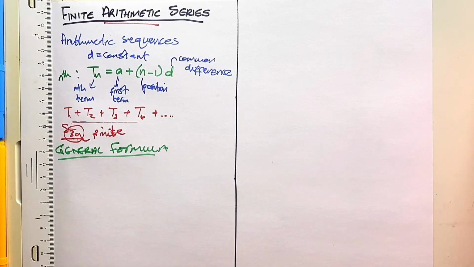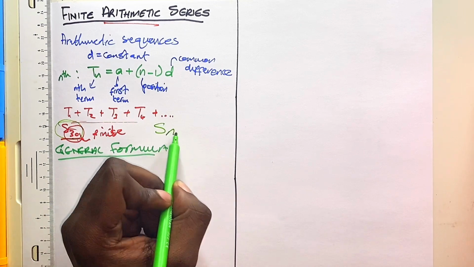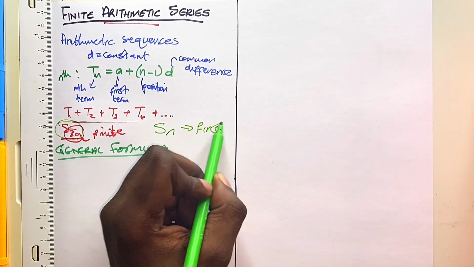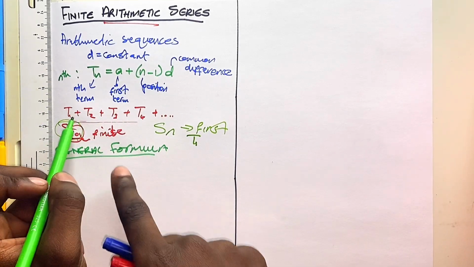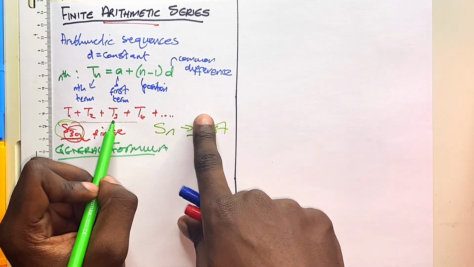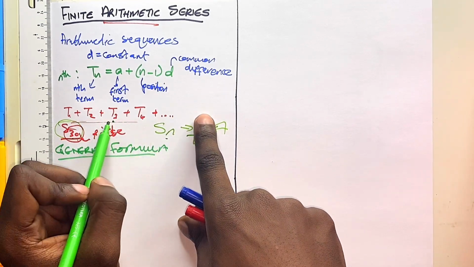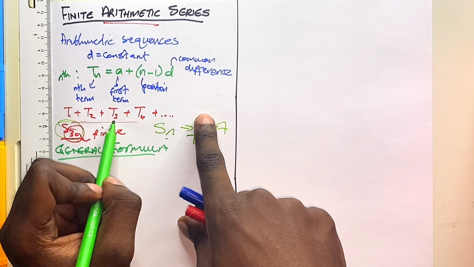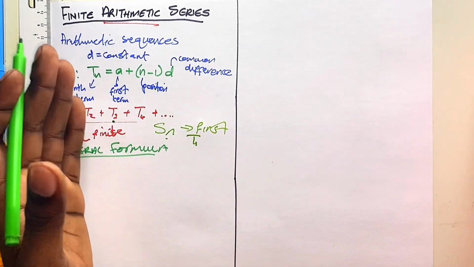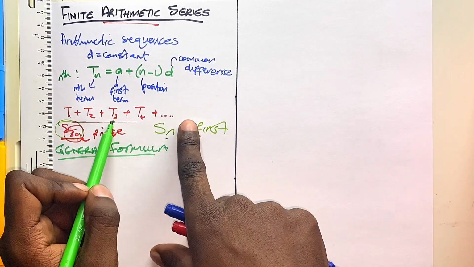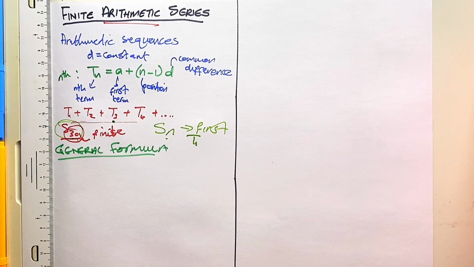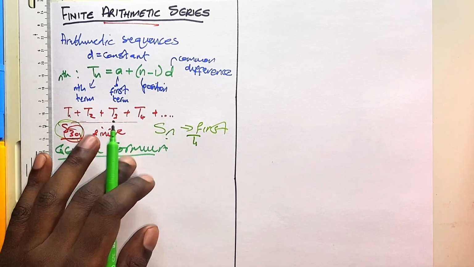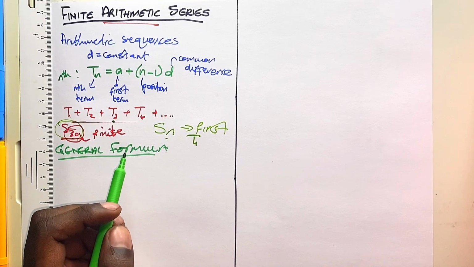Now remember that when I use this notation of Sn, I'm talking from the first term. Now I'm talking from term 1. So if I add up term 3 to term 9, Sn will work if T3, I use it as my term 1. So Sn always starts with term 1 with whatever terms that you are trying to add up. It is different to sigma notation where you can add any range of numbers. Now our general formula for the sum of the terms,